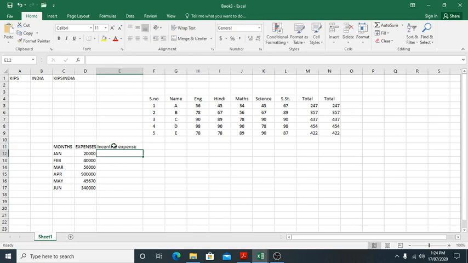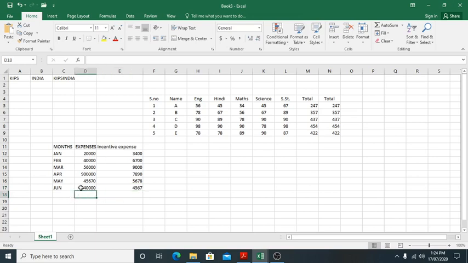Yes, we have taken. Okay. Now we have written then incentive expenses and expenses.